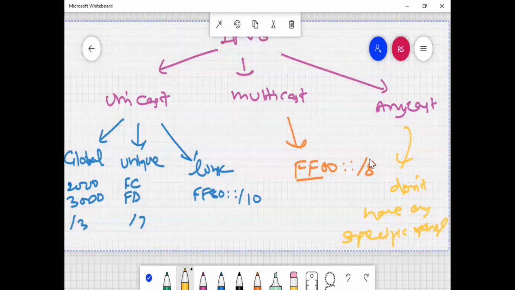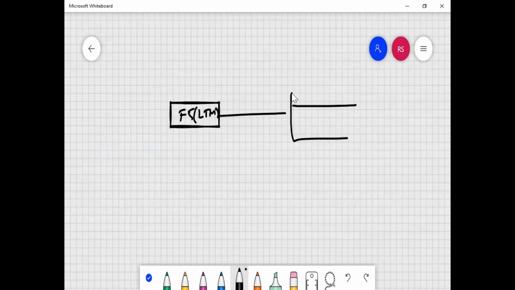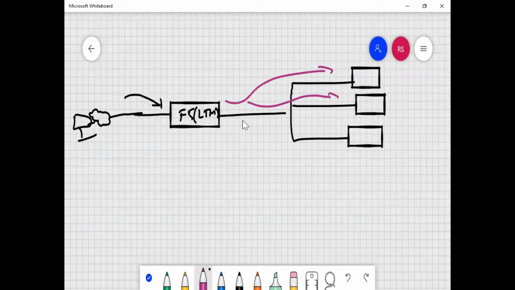Anycast is replacing your broadcast in this case. And if you remember, if you have ever seen F5 LTM, or any load balancer, or ADC, there is something a bit like that. Any traffic which is coming through internet or intranet will be hitting your F5 LTM, and the LTM is the one who would be cascading this traffic to your end servers.